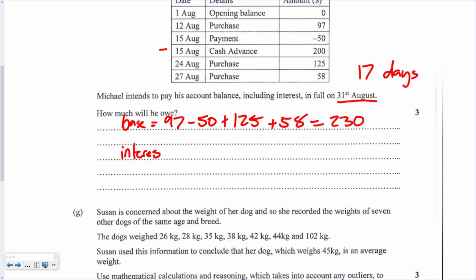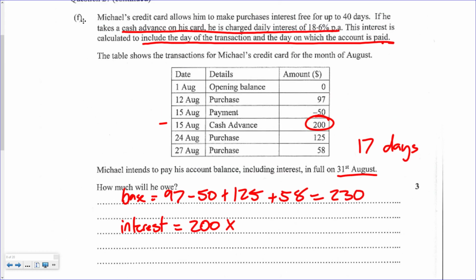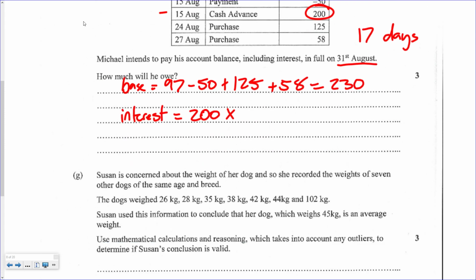So the interest will be that $200 that we took as a cash advance, so that amount, times it by, and the other thing we need to do here is we're not increasing 18.6% per day, it's per annum. So we're going to get that 18.6, divide it by 365 because it's so many days, and then over 100 as we normally do for percentages, times that by 17, which equals $1.73. Okay, so that's the amount of interest that was on that cash advance, but he still needs to pay